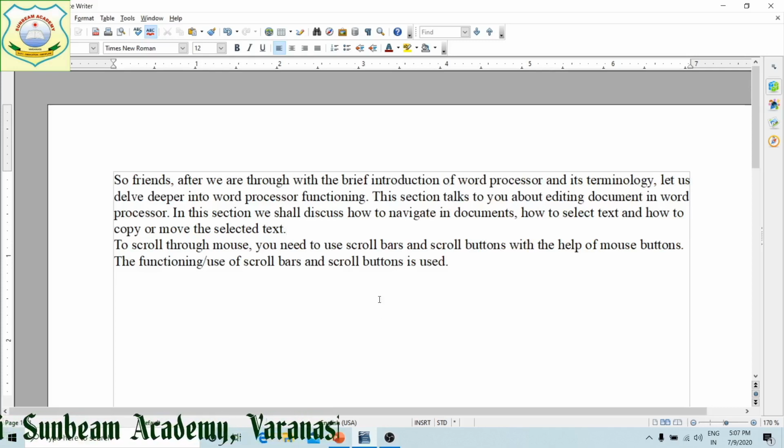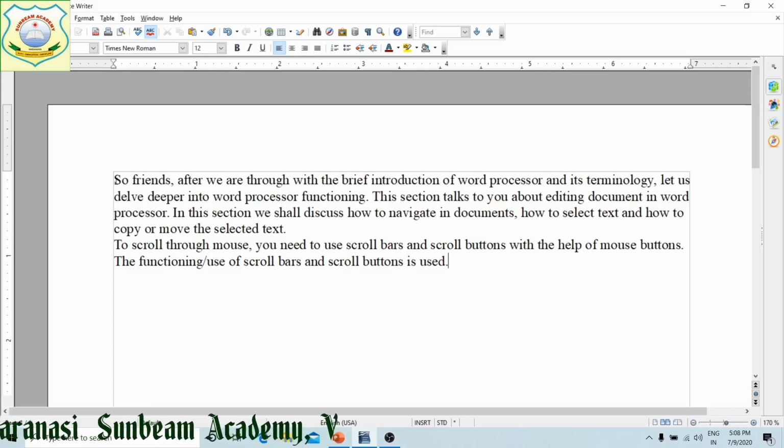Now, next I told you control home. Control key in combination with home key, where does it go? Now see, cursor has gone to the starting of the document, means it moves towards the beginning of the document. If I am going to use control end, what will happen?